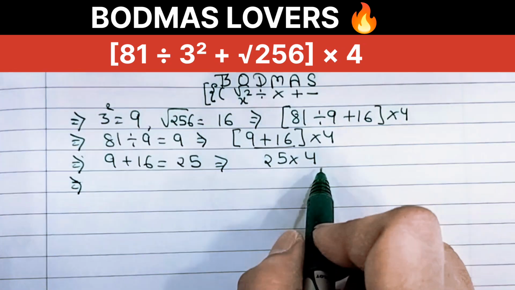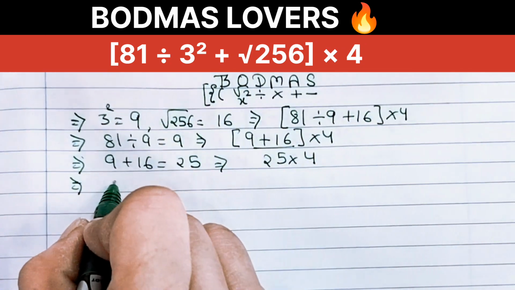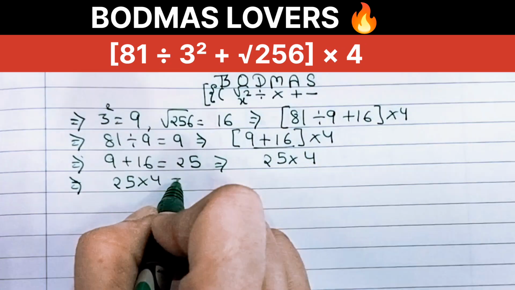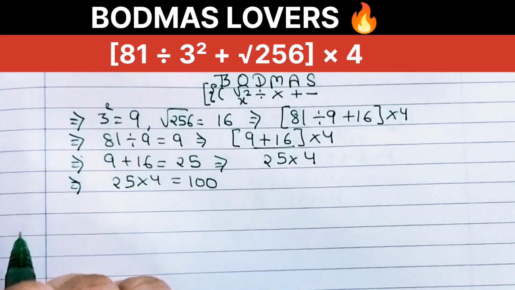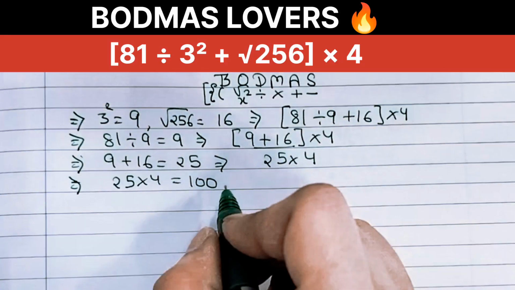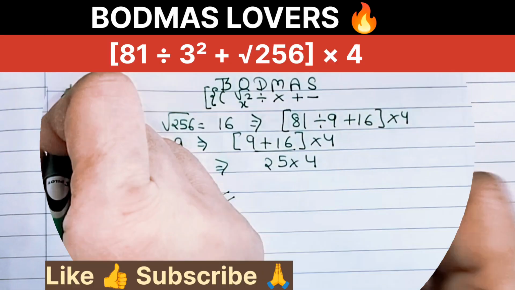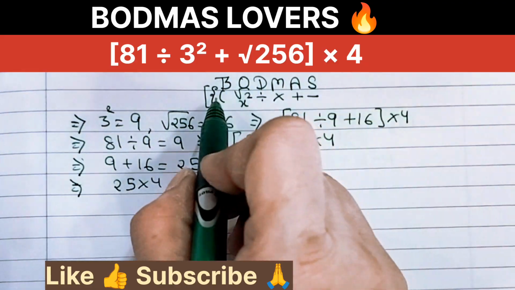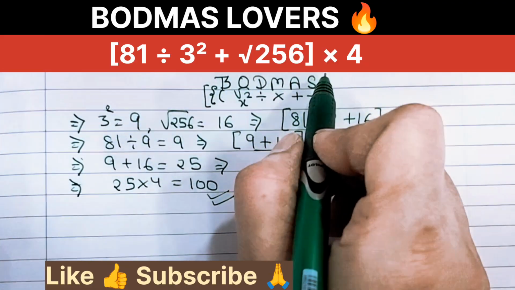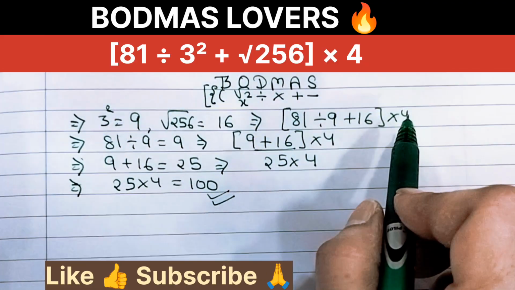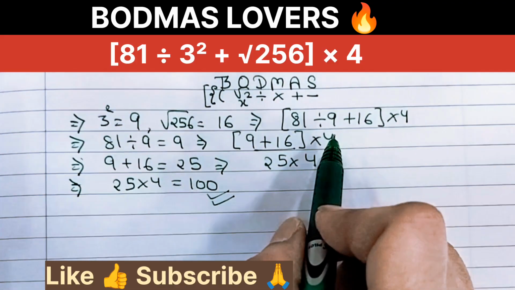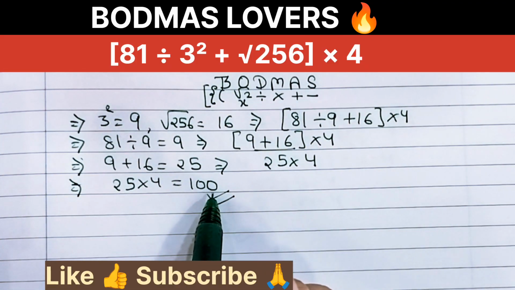Perform the final multiplication. Now multiply the digits. 25 multiplied by 4 will get 100. According to this step, this is the last remaining operation outside the bracket, and 100 is the final result. Now according to this expression, by strictly following the BODMAS order of operations, we systematically simplify the grouping symbols and operations to reach the final verified result of 100.